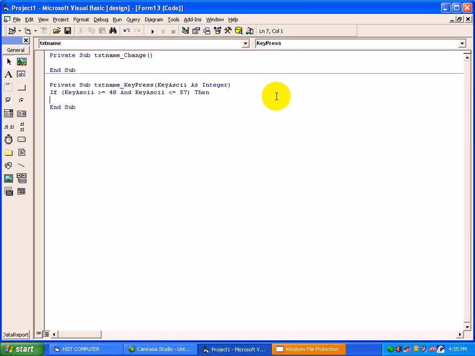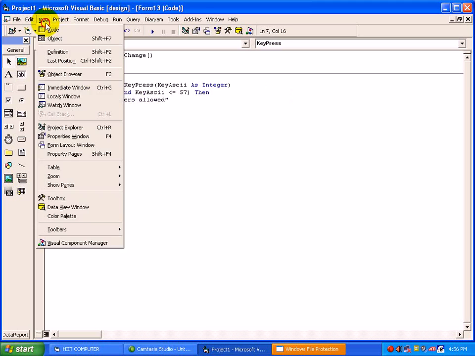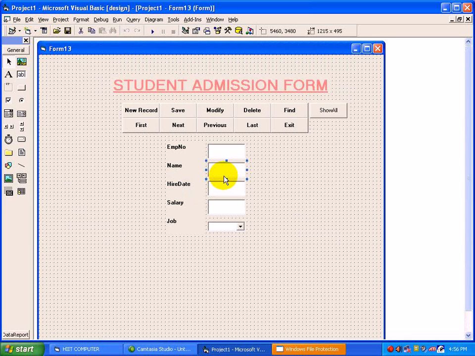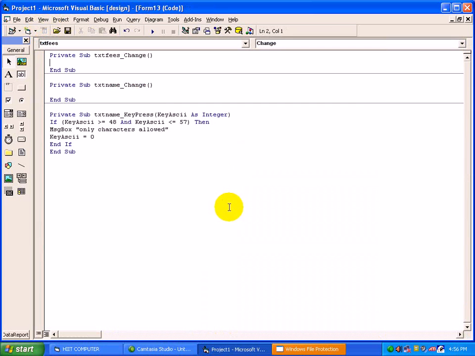then message box "only characters allowed", and KeyAscii equal to 0, meaning it should be blank. So this validation we have to write on the characters text box, and for the number text box we have to check,